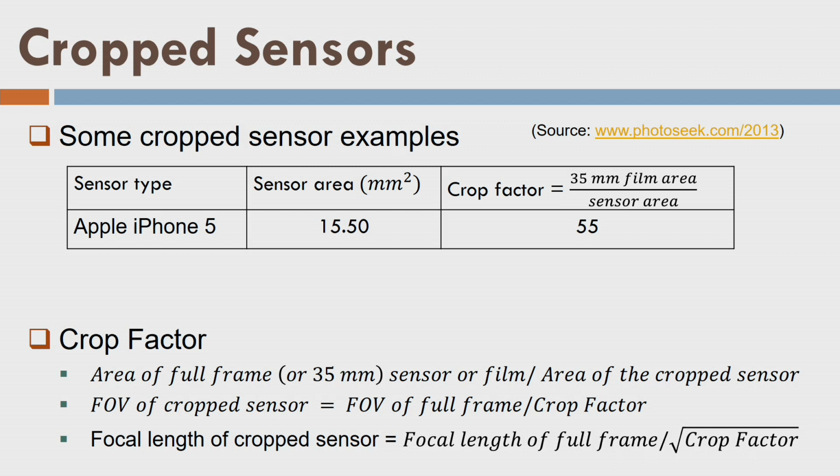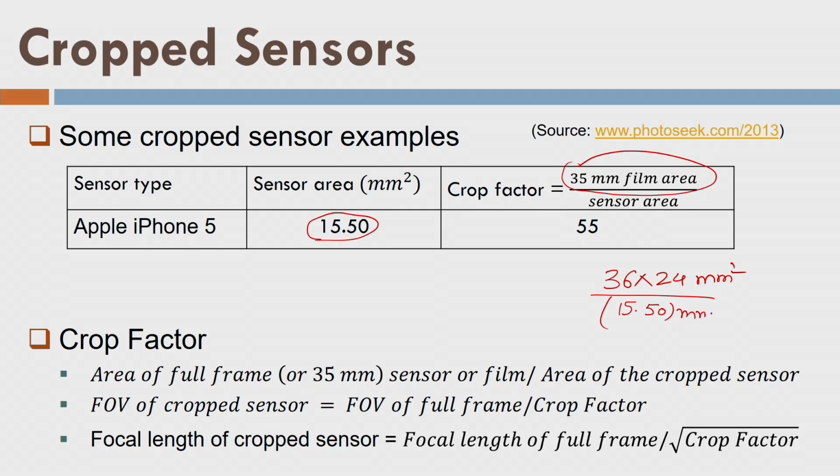Ultimately, we talked about the cropped sensor. Now, we have something called crop factor. What is the crop factor? If I take the standard film camera of 35 mm film, and if I calculate the area, that will be equal to, let us say, this many mm square. Now, if I take the ratio of this divided by my cropped sensor area, which is, let us say, this mobile phone, so if it has this mm square area, then if I divide it by this mm square, I will get this crop factor of 55. Try it yourself for other cameras, you can get this data from the net, right.